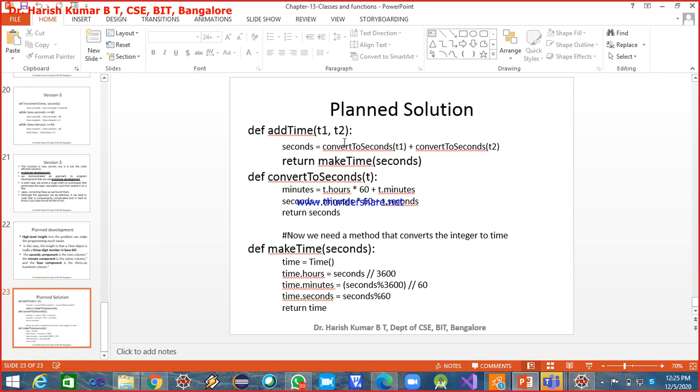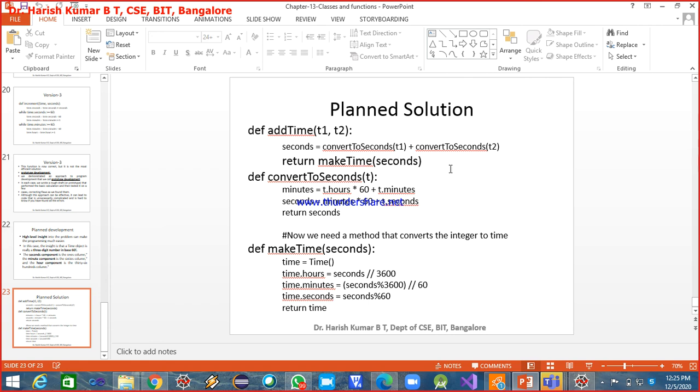Here I'm taking the first instance which has hours, minutes and seconds, calling convert to seconds, and it returns the total number of seconds for the first time instance. Then I take the second time, call the same function, and convert that into seconds. I add both, so I get the total number of seconds, and return make time of seconds.